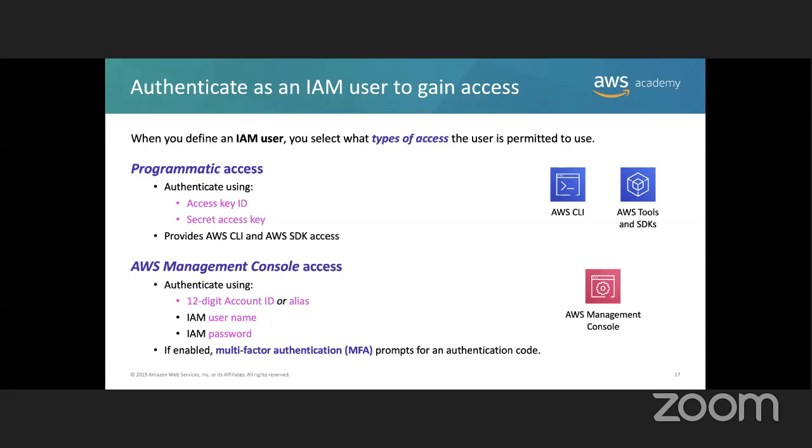Programmatically, you let the users use the CLI. You provide the user with the access key ID and the secret access key, and then the person can configure the CLI, like we did the first day of class, remember? By configuring the CLI, we can create whatever we want. So basically what we do in the console can be done in the CLI.